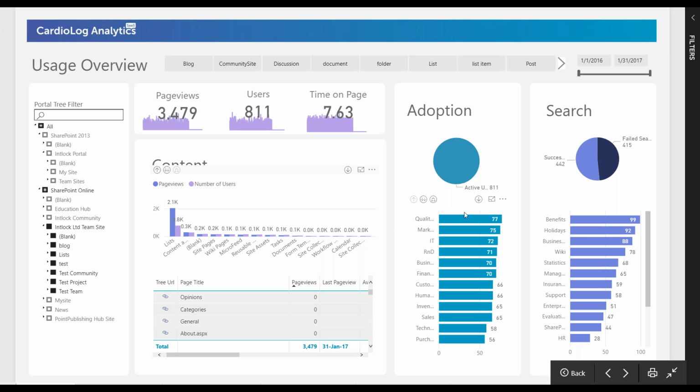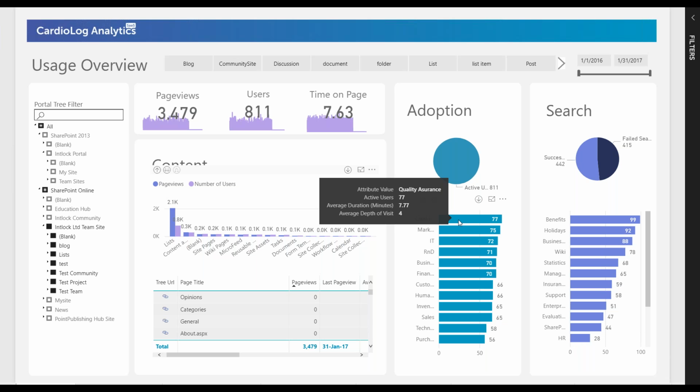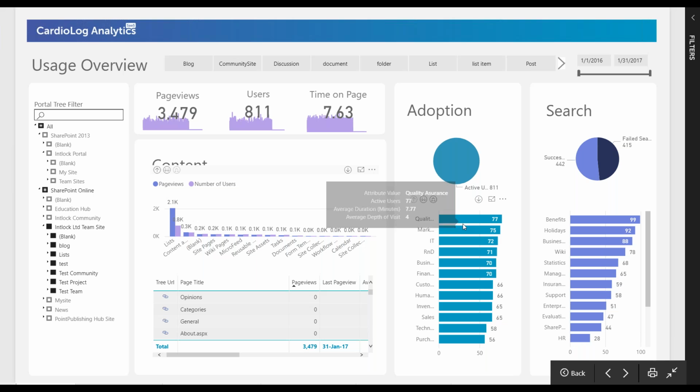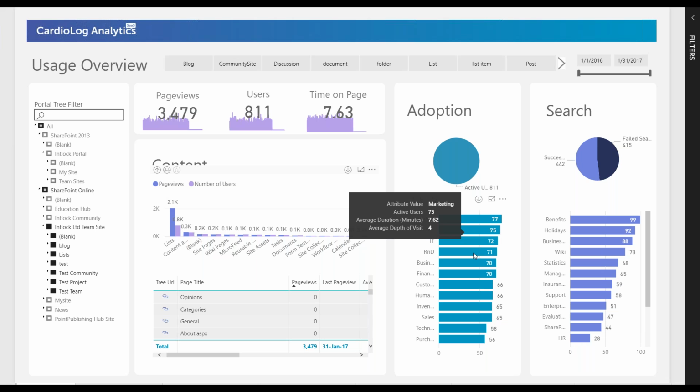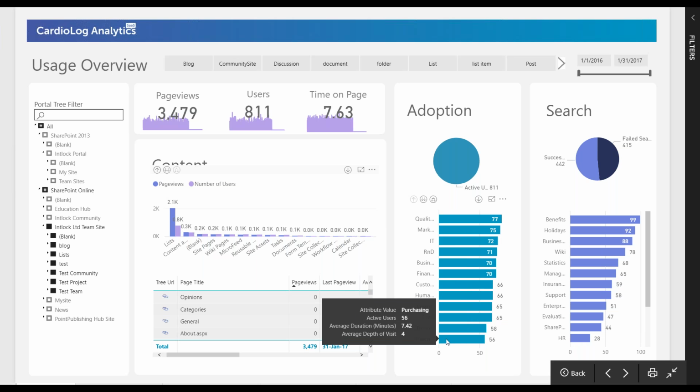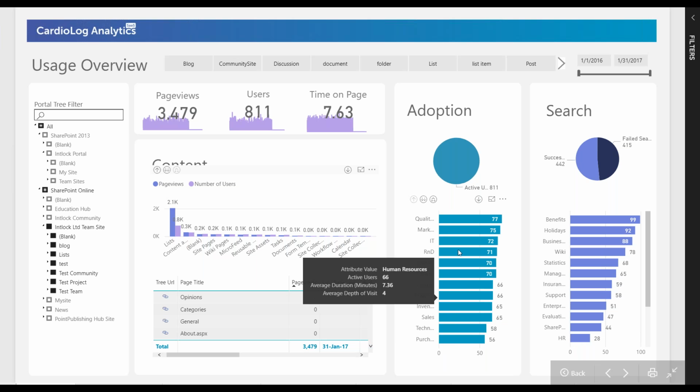So here you can actually see our attributes and our departments. If we hover over our marketing department, you can see what this number means. It means you have 75 active users within your marketing department. And you can also see all of your other departments here towards the bottom that are more of your lagging departments, that have fewer active users and are generally less active than your departments here